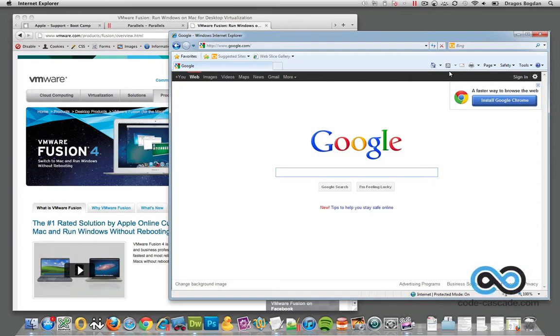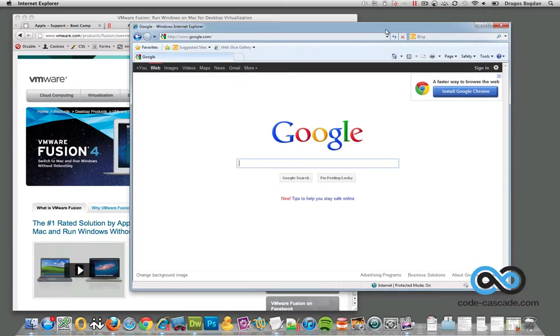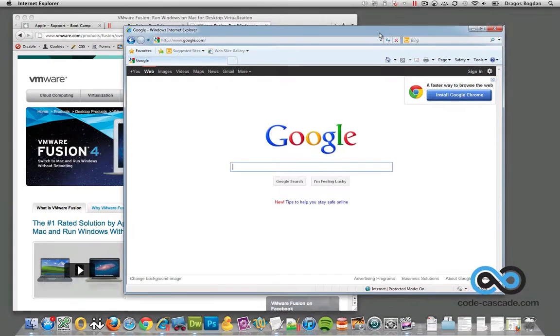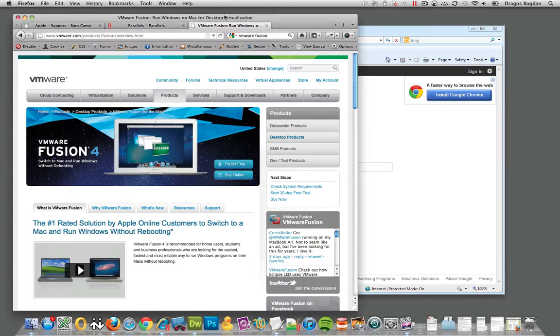I received a couple questions about how I actually run Internet Explorer on my Mac, and I just wanted to take the time now to actually tell you guys. Ever since Mac, a few years ago now, moved to Intel processors, which I'm sure you've heard of Intel